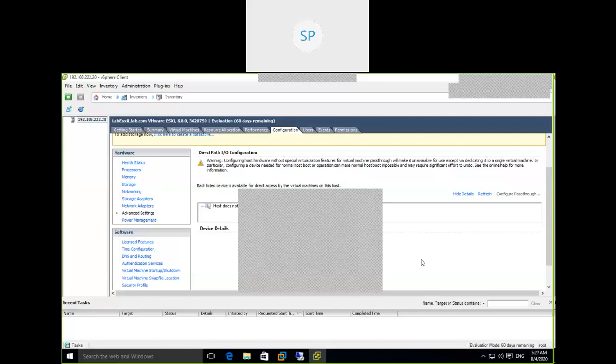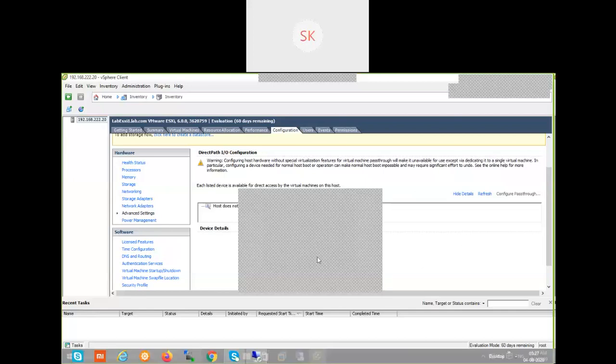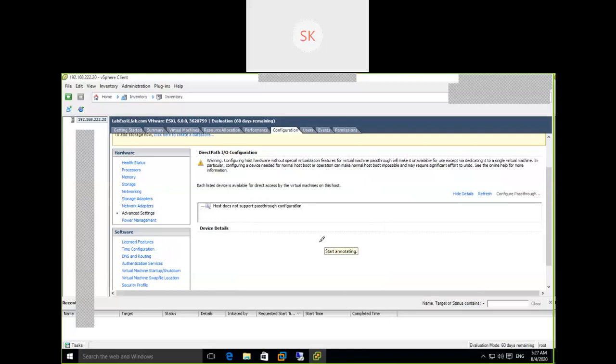There are 2 advanced settings available. One is under the hardware tab. Under the hardware tab, there is one advanced settings here. So under advanced settings,